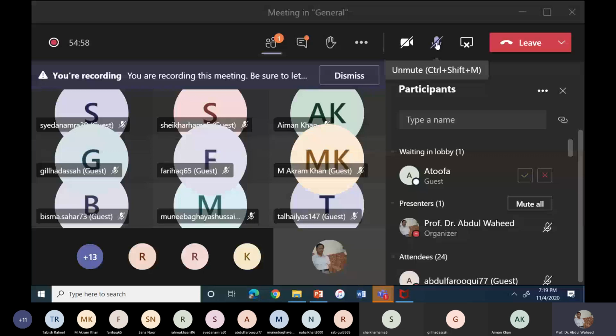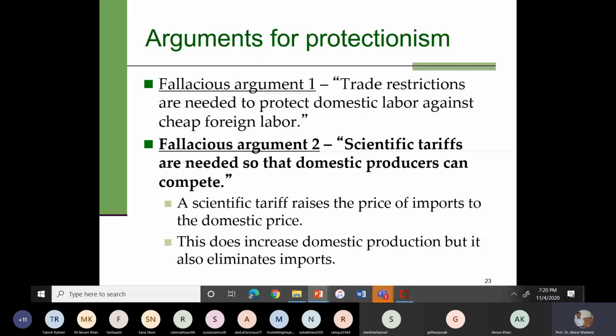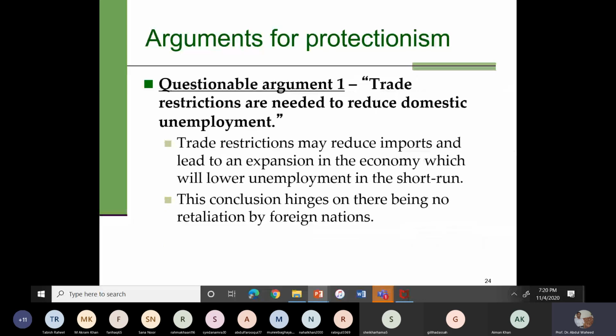Yes. So again, the scientific tariff argument is not acceptable and is considered false because this will eliminate trade. Then the next argument is that trade restrictions are needed to reduce domestic unemployment. It is said that if we put restrictions on imports, then the same good we will produce domestically, so our demand for domestic goods will increase. Then to produce that good domestically, there will be an increase in the demand for labor, and this will increase employment and reduce unemployment. But this argument is questionable because someone else